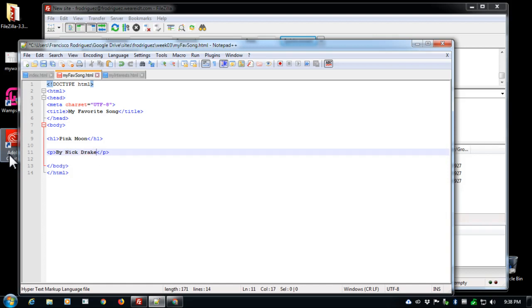And Nick Drake here will also be highlighted with a link, a href equal to, and I'll go and search for that. I'll leave the target blank for now, although I will define it as being blank. So target will be blank.